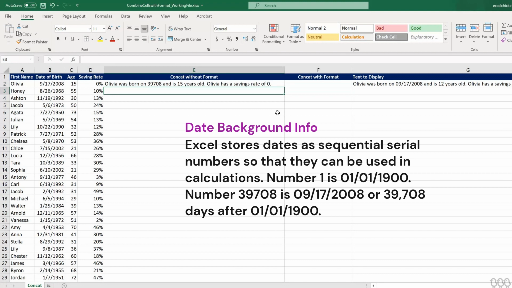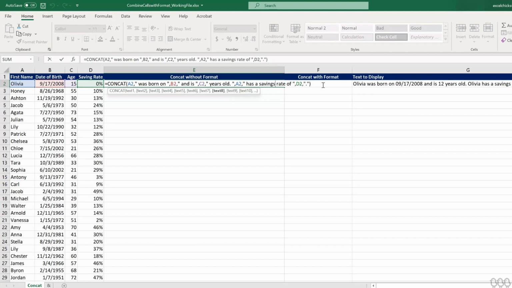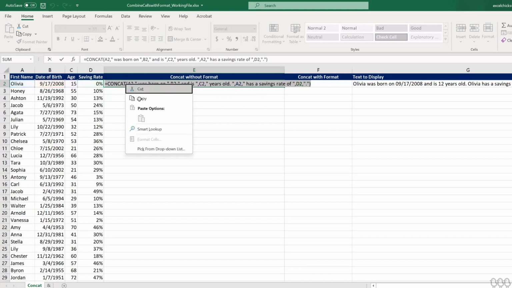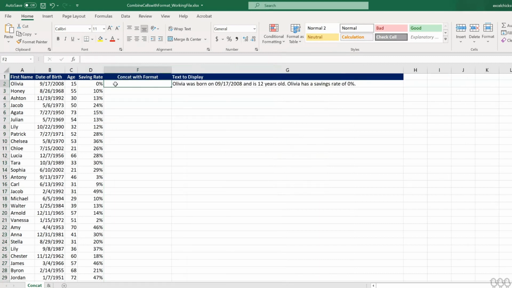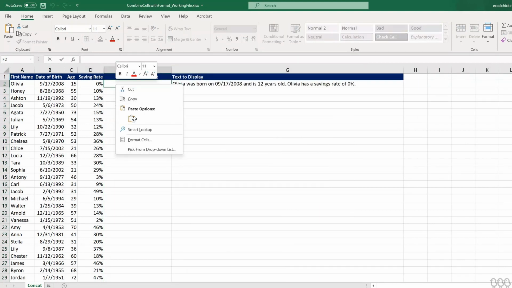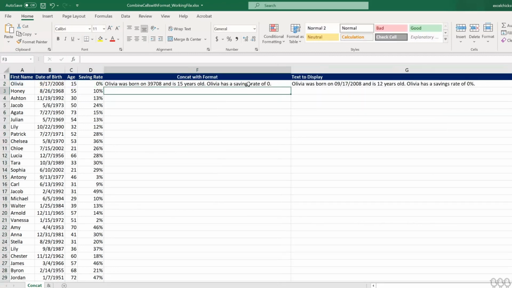So we're just going to specify to Excel that we want to have this in the MM/DD/YYYY format. So let's go ahead and do that. I'm going to double click into my formula, and I'm going to copy the formula. Hit enter. Now I'm going to hide column E, and I'm going to double click in F2 and paste that formula. I'll double click so we can see as we work through.